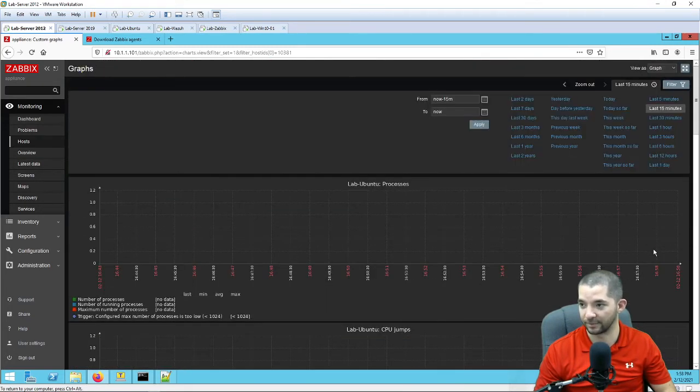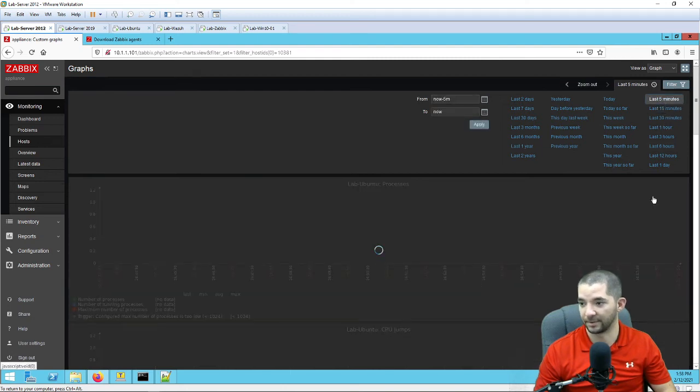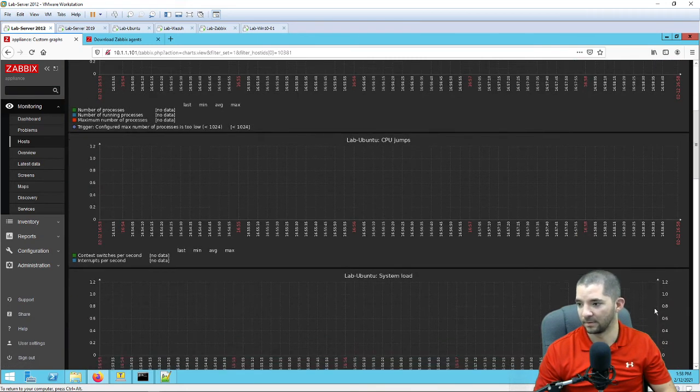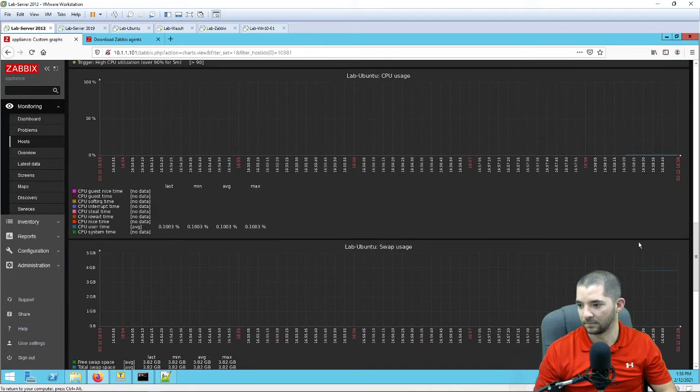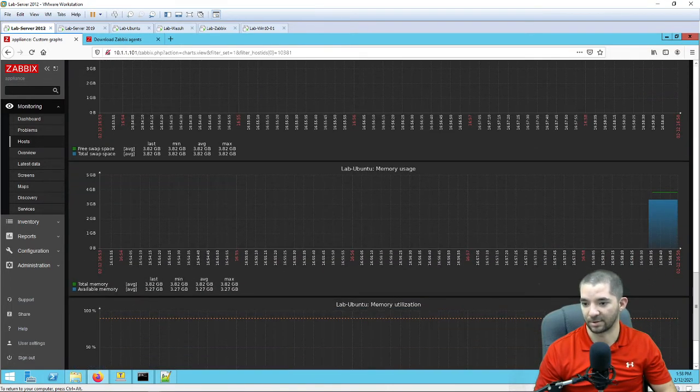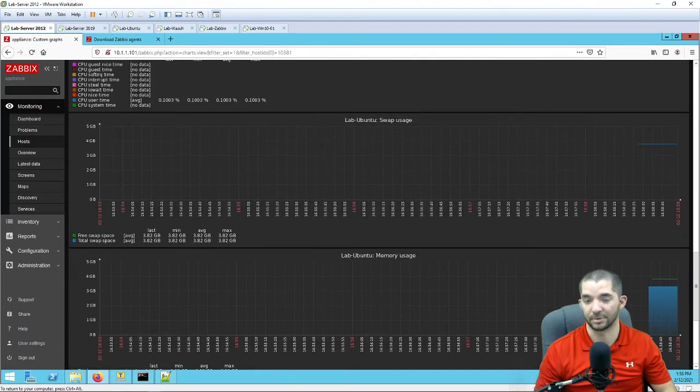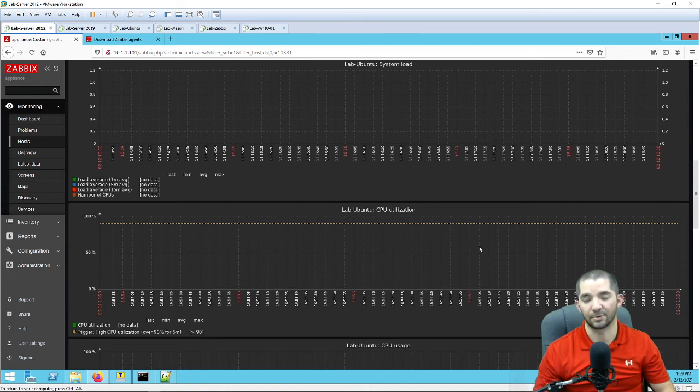And I think I put it back on 15. I'll put it back on 5. That way you can see a little more. Okay, yeah. So again, all this stuff will start to populate as you move along, and once you start doing something more resource intensive, all this stuff will start jumping up more and more. Okay, so this is how to get Linux